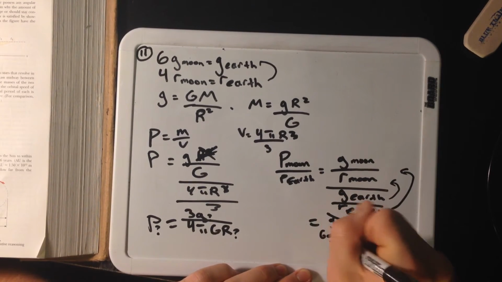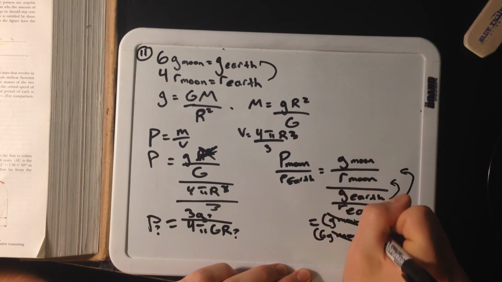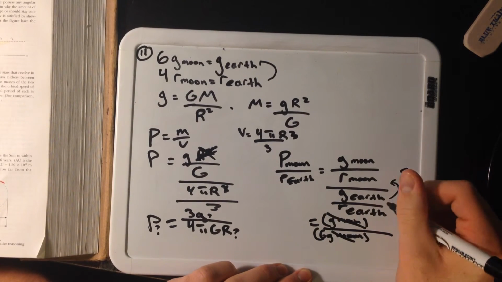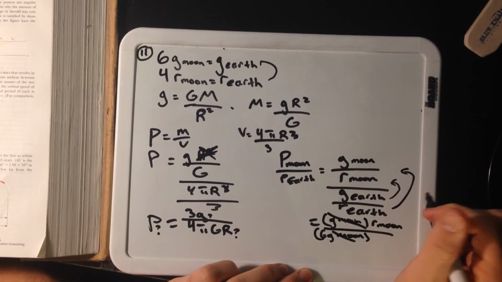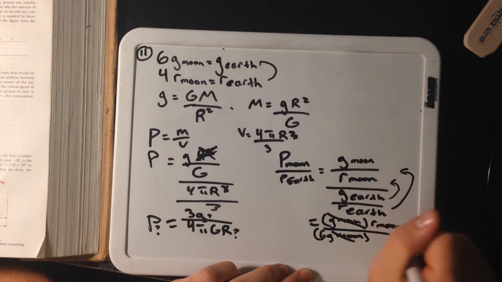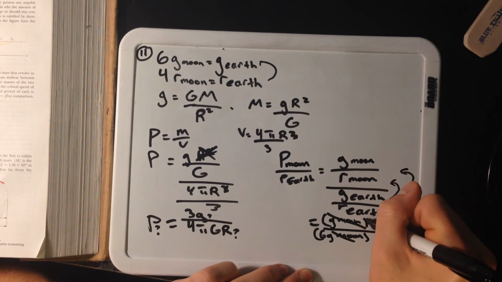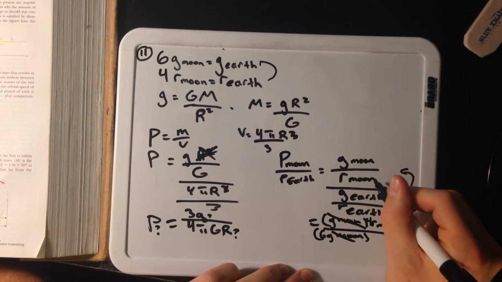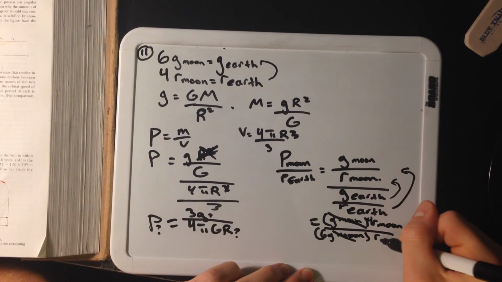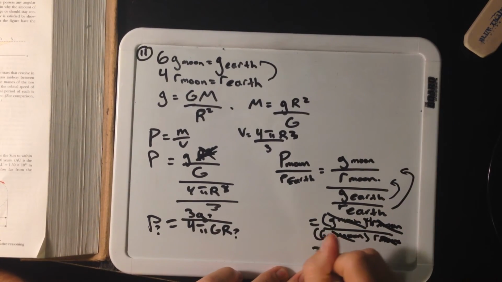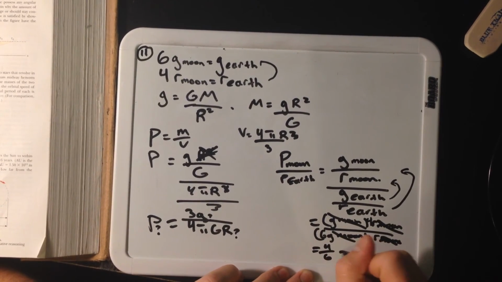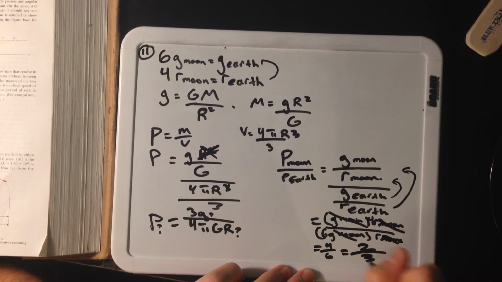The g moons cancel, leaving the 6 out front. Then the R of the Earth goes on top, and that's actually 4 R moon, and this R moon stays on the bottom of the fraction. So the R moons cancel out, and you're left with 4 over 6, which simplifies to 2/3,